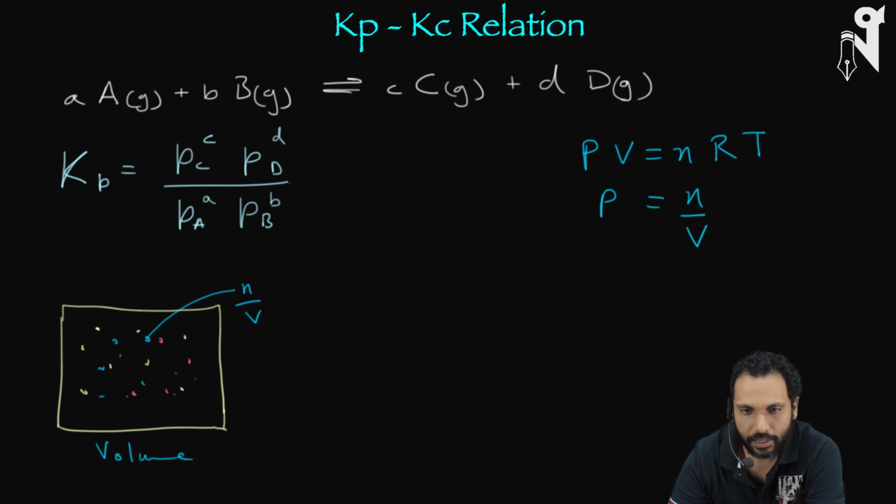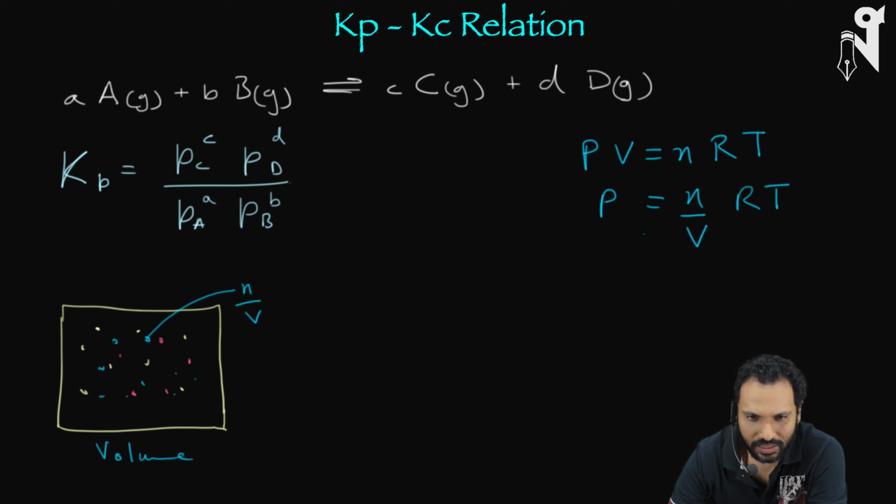the chamber. And the only difference between pressure and the concentration part is these two constants. So mind you, K was at a particular temperature, so T is a constant, and R is the universal gas constant, so it is a constant obviously. So we can easily convert P in terms of n by V and vice versa.